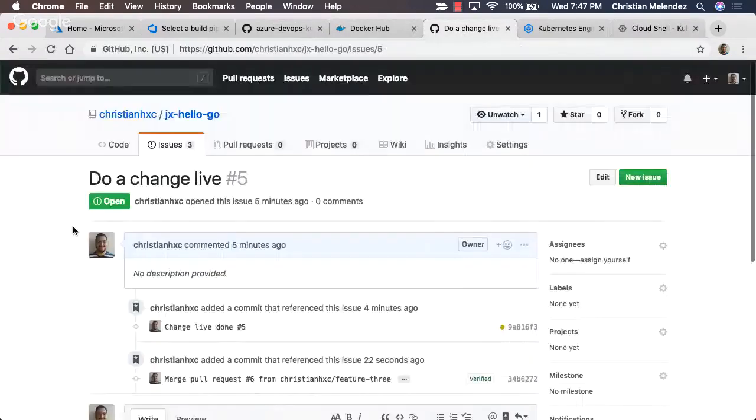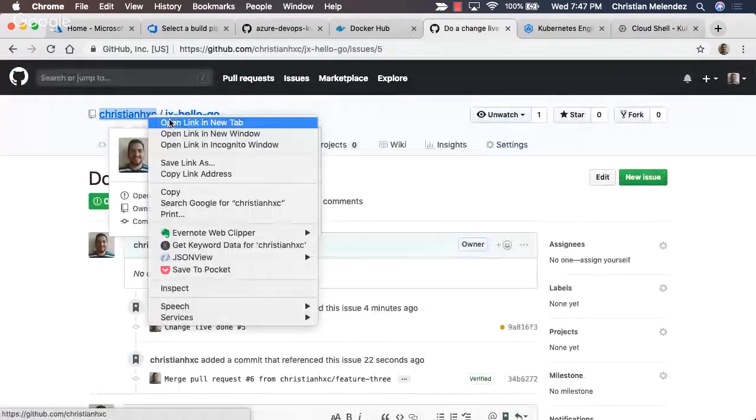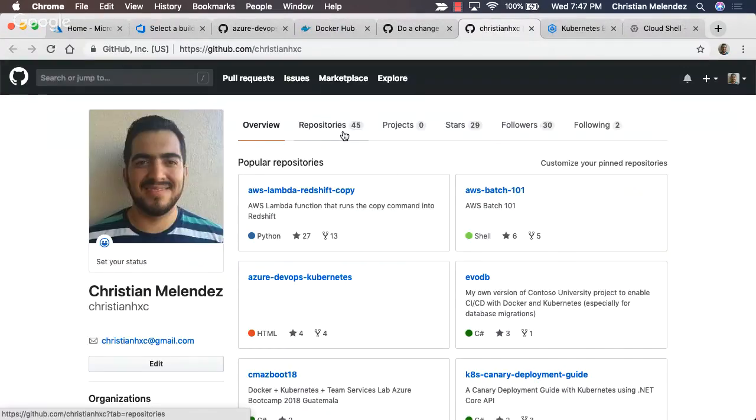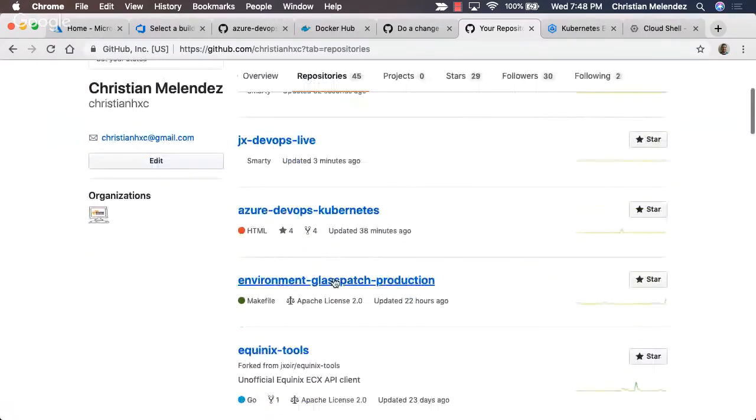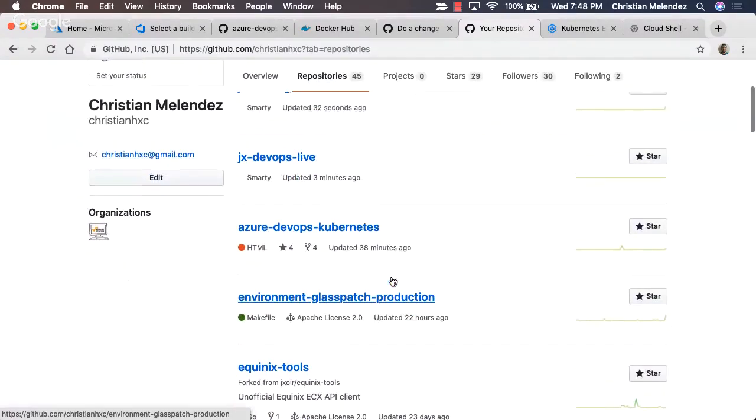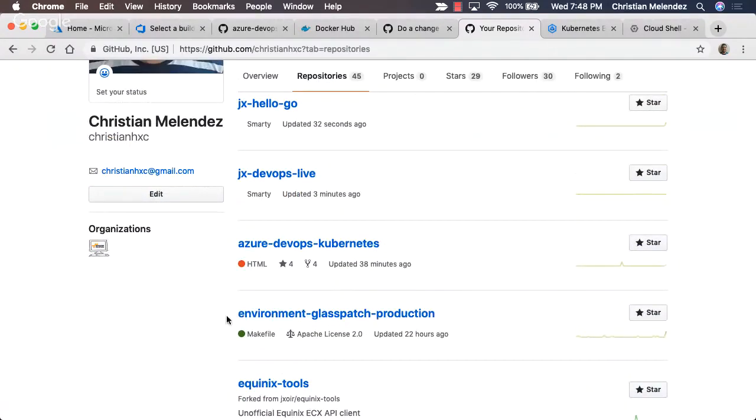I didn't show you this, but what Jenkins X will do in order to orchestrate all the changes that you're doing is that for every environment that you create, it's gonna be creating a new repository. So this environment will be environment-patch because I didn't specify a name for the cluster.